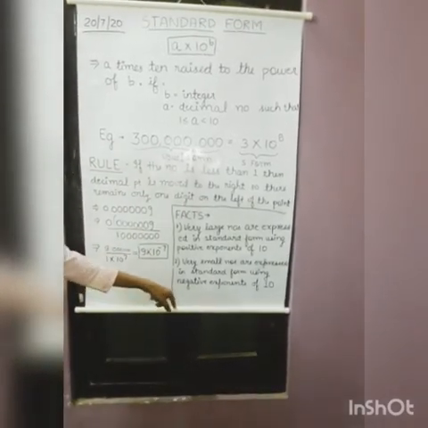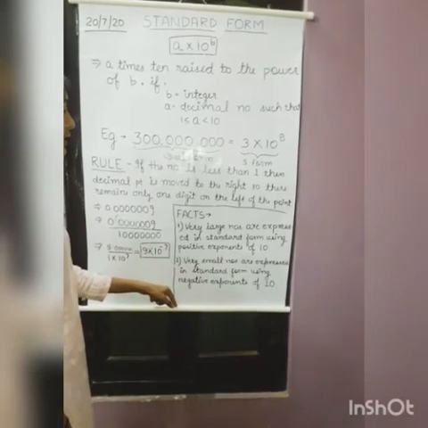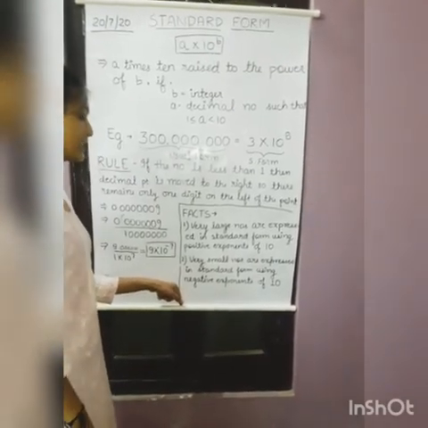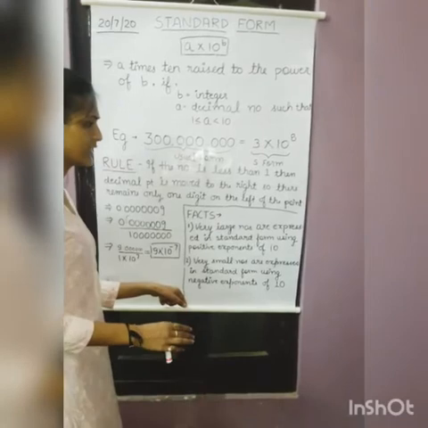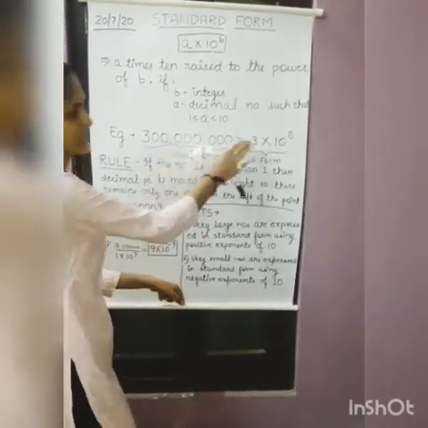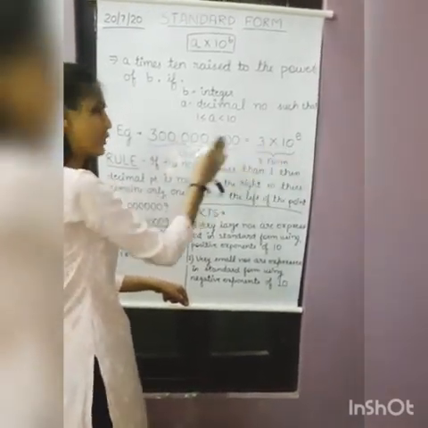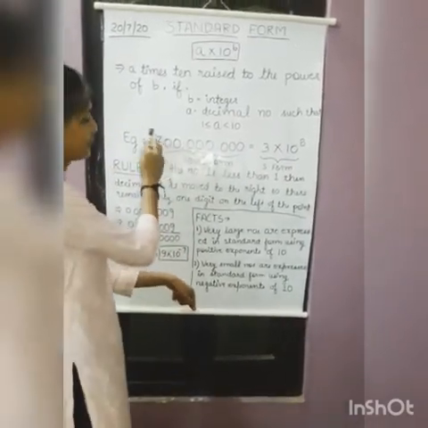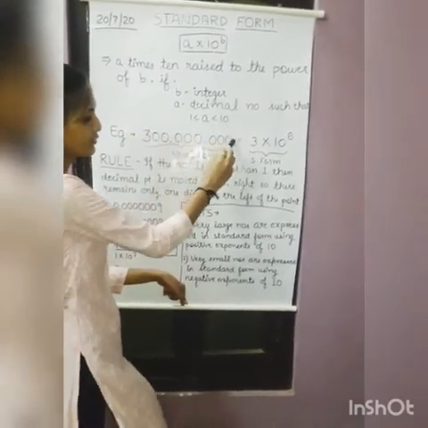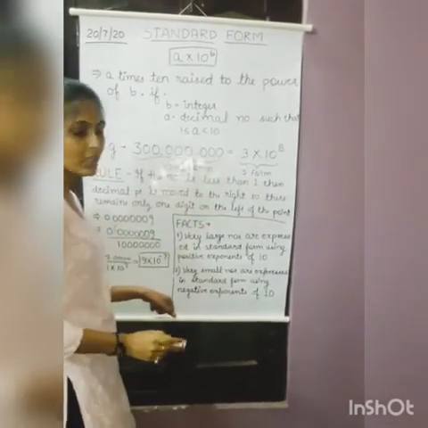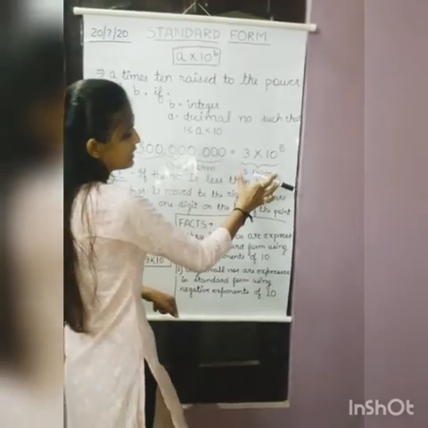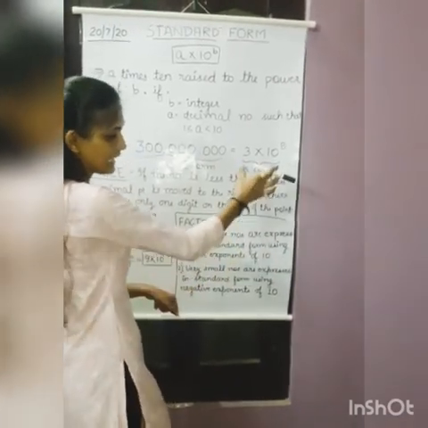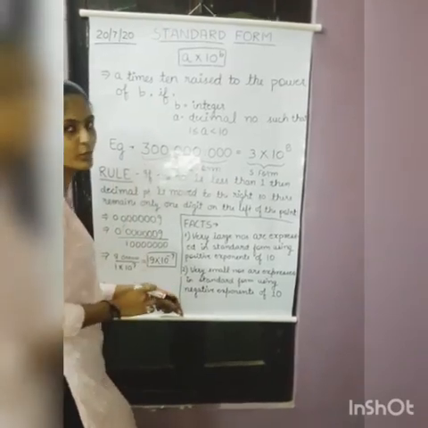So that much is for today. In exercise 2.4, the first two questions ask you to convert from the usual form to the standard form and from the standard form to the usual form. So you can attempt that. That's very easy. The forms that we were using since nursery were the usual form, and you learned in this class to convert them into standard form. You can do that, and if you're given a number in standard form and asked to convert it to usual form, you can do that also.